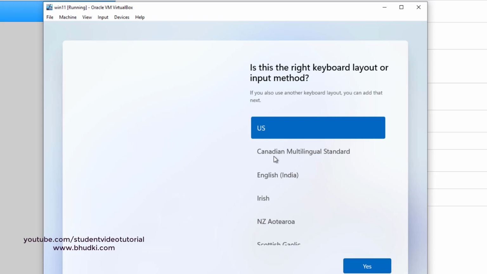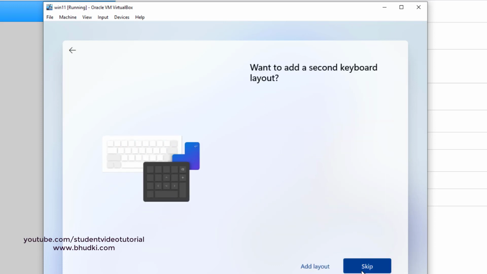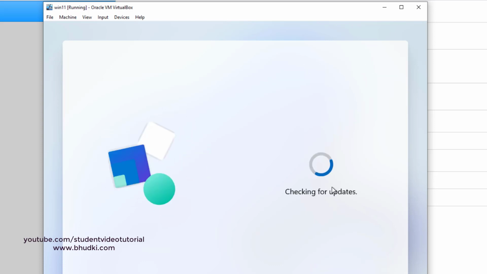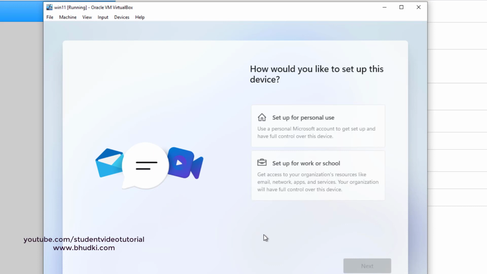Is this the right keyboard layout input? Yes. Want to add a second keyboard layout? Skip. Checking for updates. How would you like to set up this device? Set up for personal use. Next,